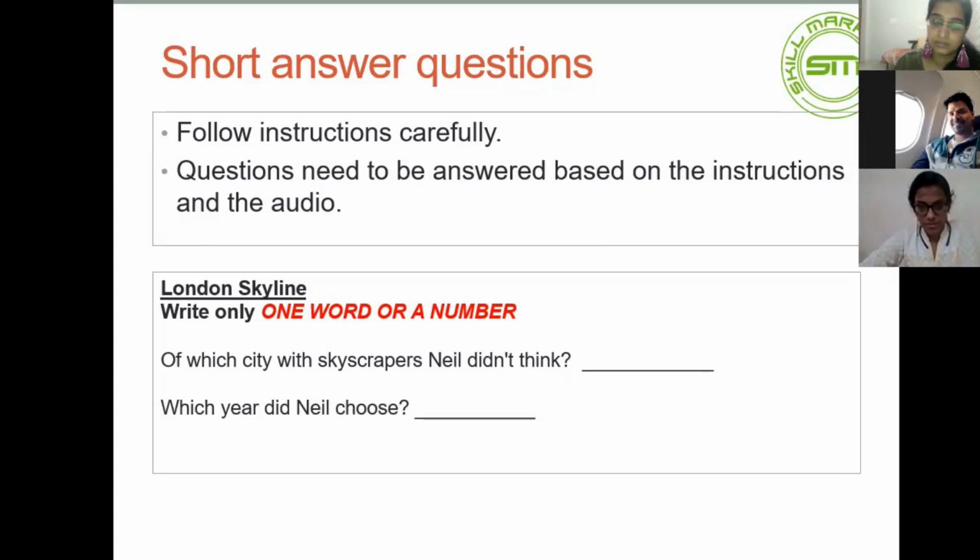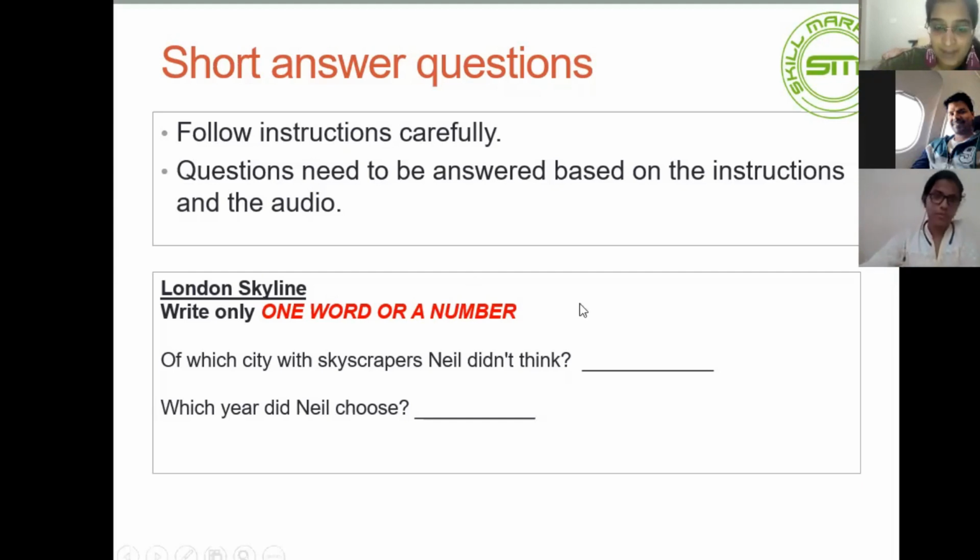But first, a question, Rob. Yeah, of course. For many years, the tallest building in London was St. Paul's Cathedral. But when was it built? Was it completed in A, 1508, B, 1608, or C, 1708? Well, I think that it was C, 1708. Okay, well, we'll find out if you're right or wrong.